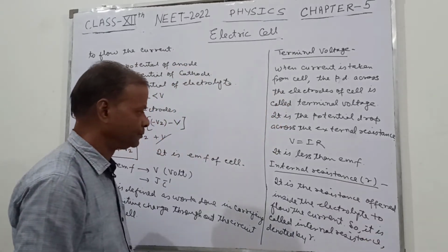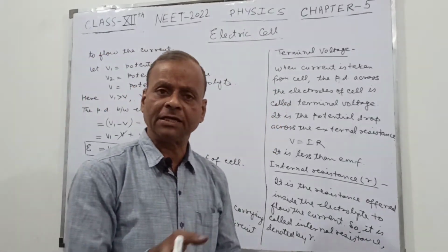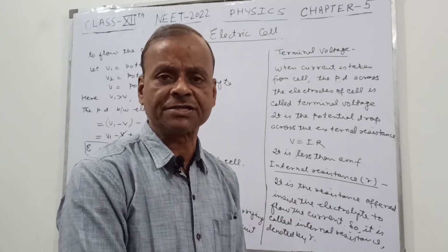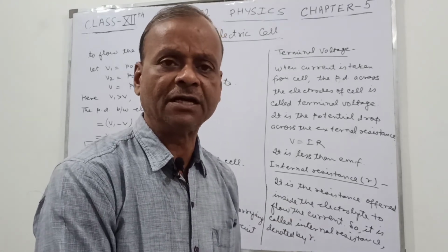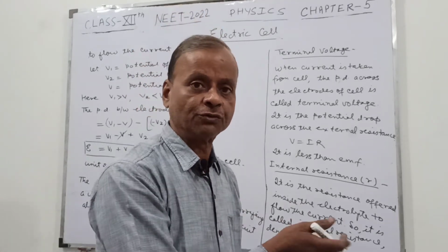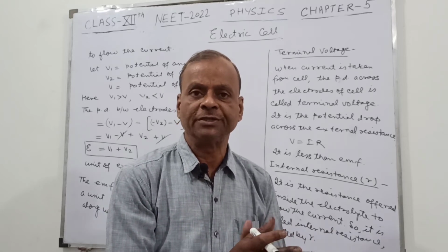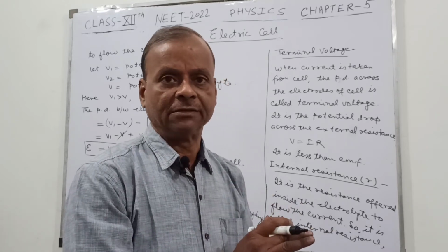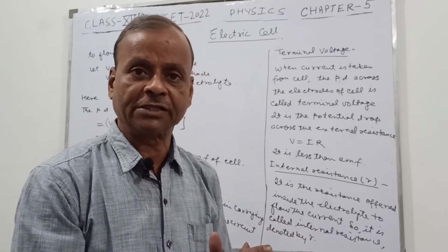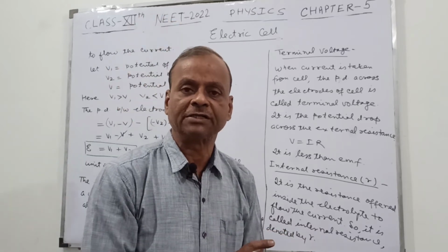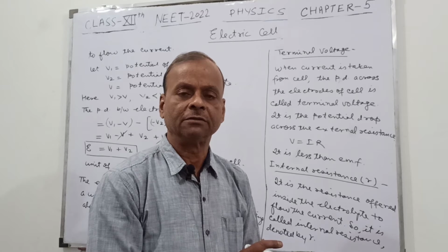Denoted by r. तो क्योंकि ये सेल के अंदर होता है इसीलिए हम इंटरनल रेजिस्टेंस कहते हैं। अब सेल के अंदर कहाँ से आता है? तो जब उसमें आयंस होते हैं वो फ्लो करते हैं, तो फ्लो करते समय जो इलेक्ट्रोलाइट होता है वो उसमें एक रुकावट पैदा करता है और रेजिस्टेंस ऑफर करता है। तो ये जो रेजिस्टेंस ऑफर करता है इसी को हम कहते हैं इंटरनल रेजिस्टेंस।